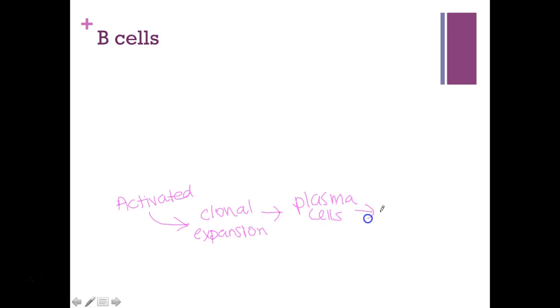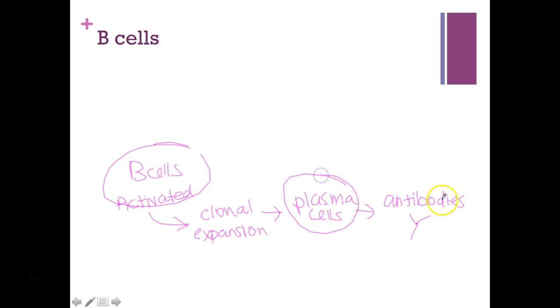Remember, this is the thing I want you to know like the back of your hand. And that creates antibodies that are all specific toward that antigen. Okay, so we're going to talk more about the functions of antibodies in class, but I want you to know that B cells divide into plasma cells,